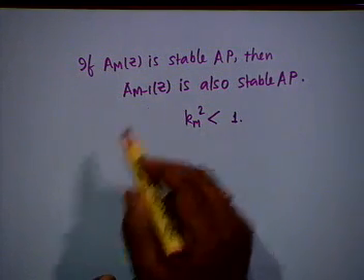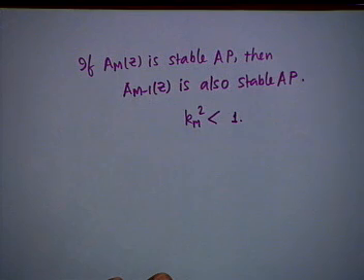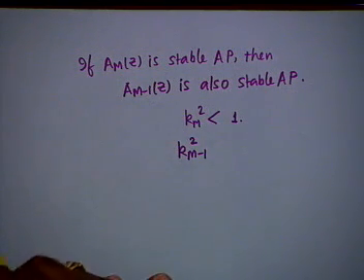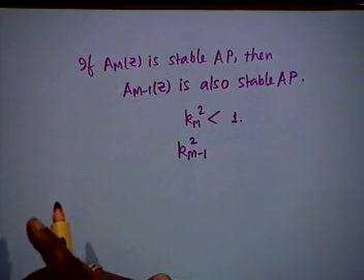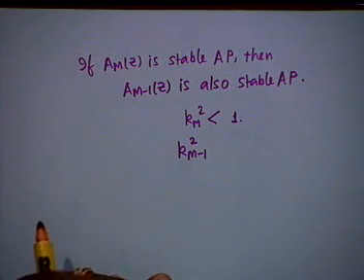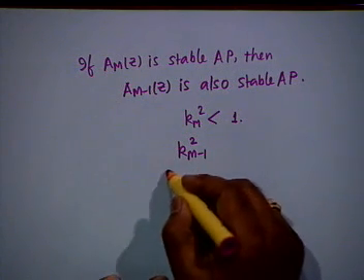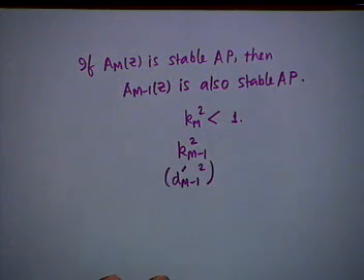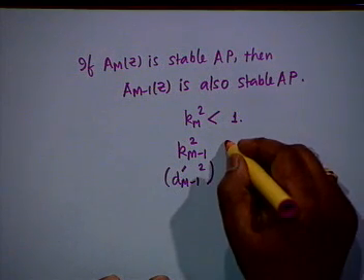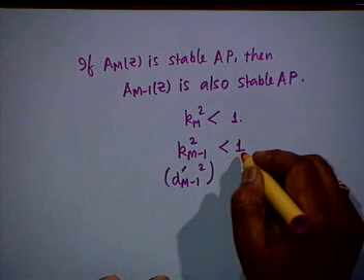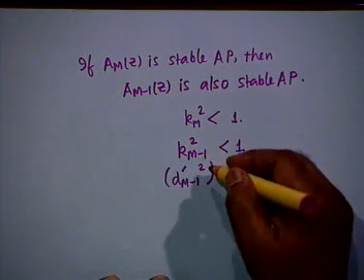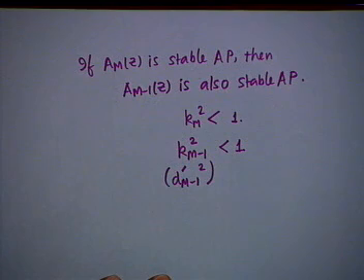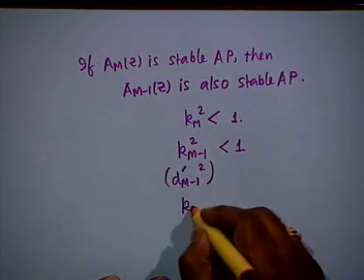Then we derive the lower order transfer function AM minus 1Z and look at Km minus 1 squared. What is this equal to? Dm minus 1 prime. Agreed? Km minus 1 is simply dm minus 1 squared. That should also be less than 1. Okay? And then by recursion we form am minus 2 and we test for Km minus 2.